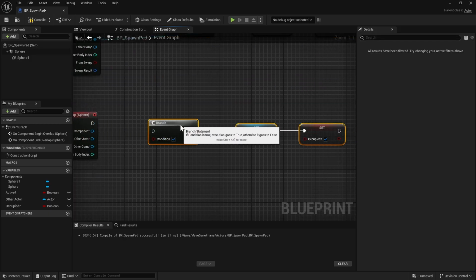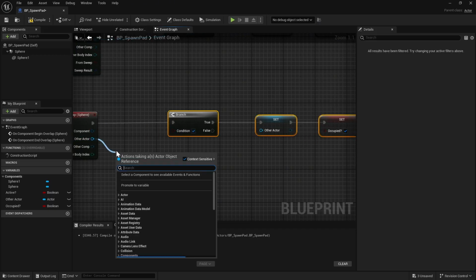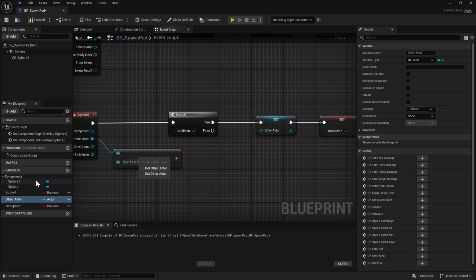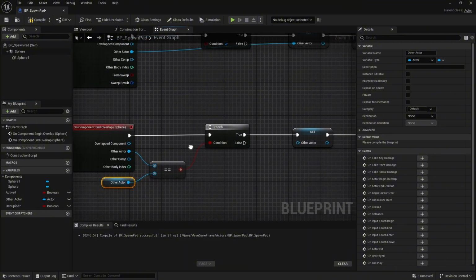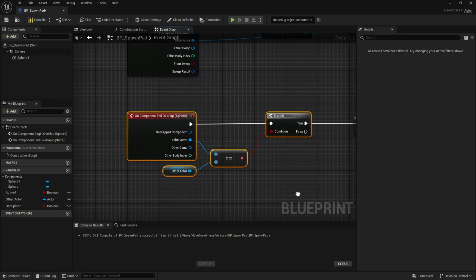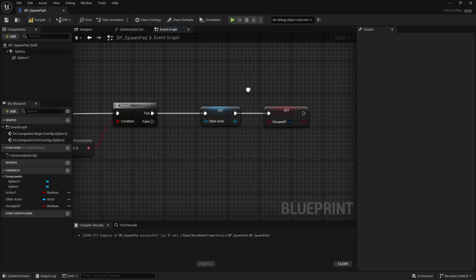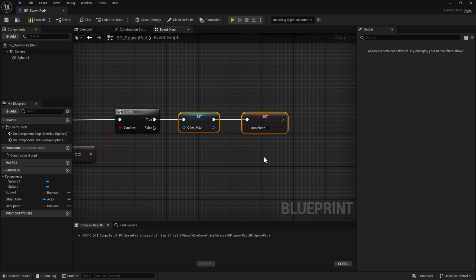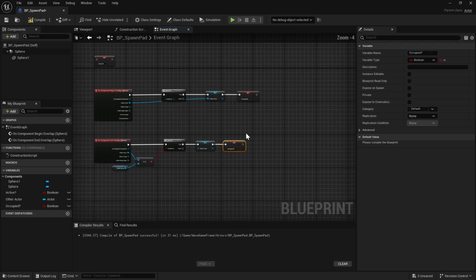And then we're going to do the same thing down here, except this is going to be if other actor equals the actor that's currently on it. Okay. If that equals the actor that's currently on it, then we want to say, okay, the enemy that was standing on top of this spawn pad and not moving has moved, and we're good. We're no longer occupied. We no longer have a valid other actor. And we can go ahead and do stuff with a debug timer, which we're going to make just right now